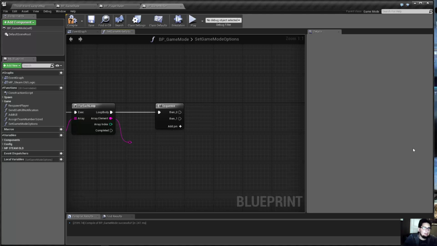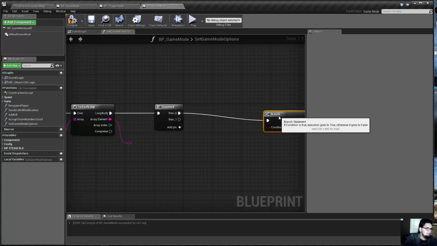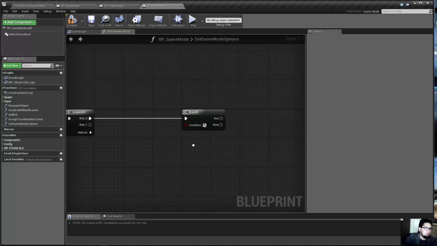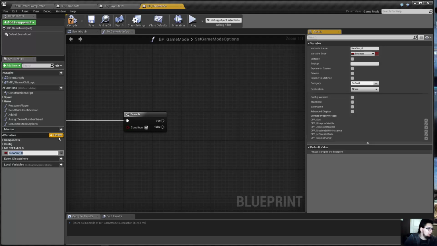The first thing we're gonna do is we'll set up a round timer, so we can have each round last a certain amount of time. You don't want infinite rounds. So let's go straight into a branch, like so. And then let's create a variable called